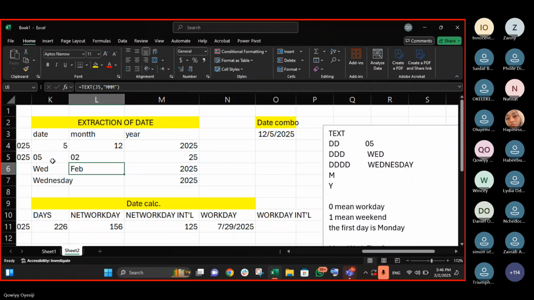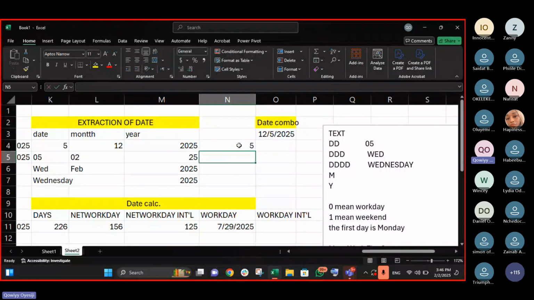Okay, let me type 5 here now. If I type 5 here, ordinarily it should align like this. If I convert it into text, you see that it's not aligned the same way. Whenever you see a number that is aligned to the right-hand side, it is working as a number. When it is aligned to the left, it has been converted to text. Exactly.